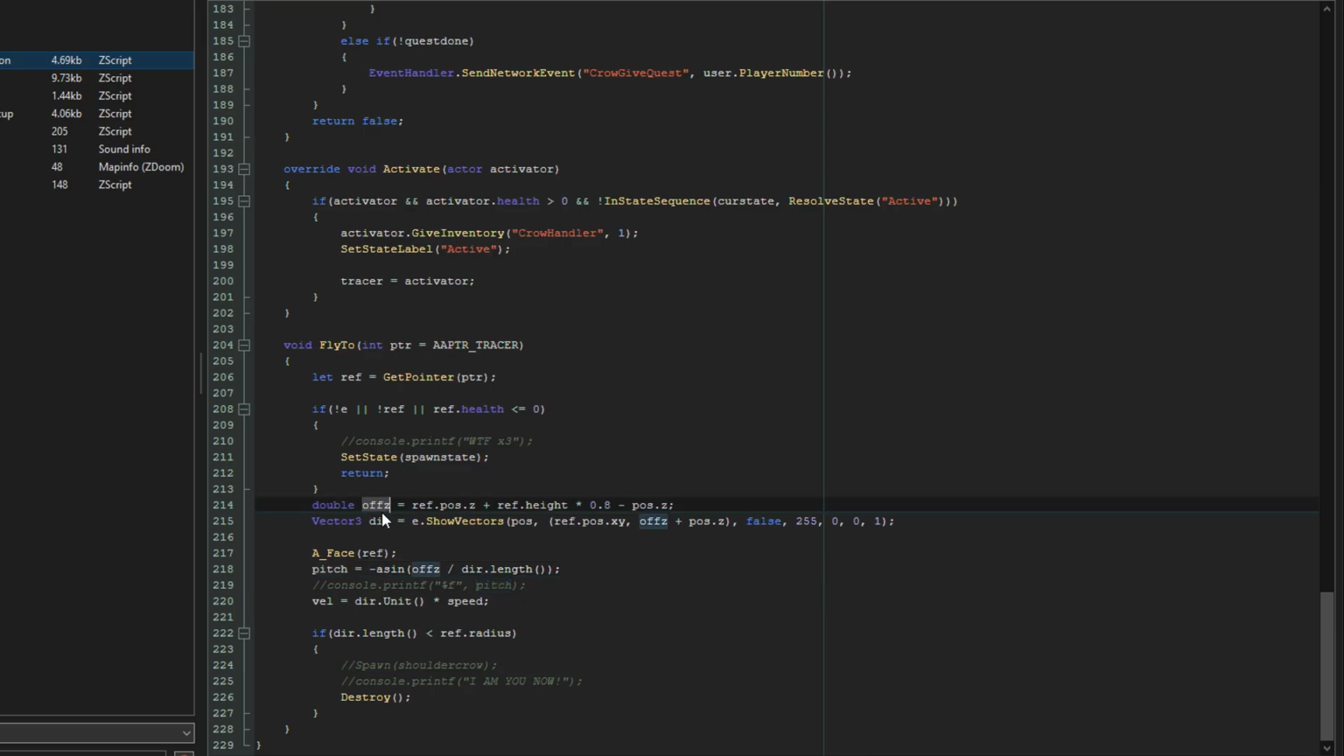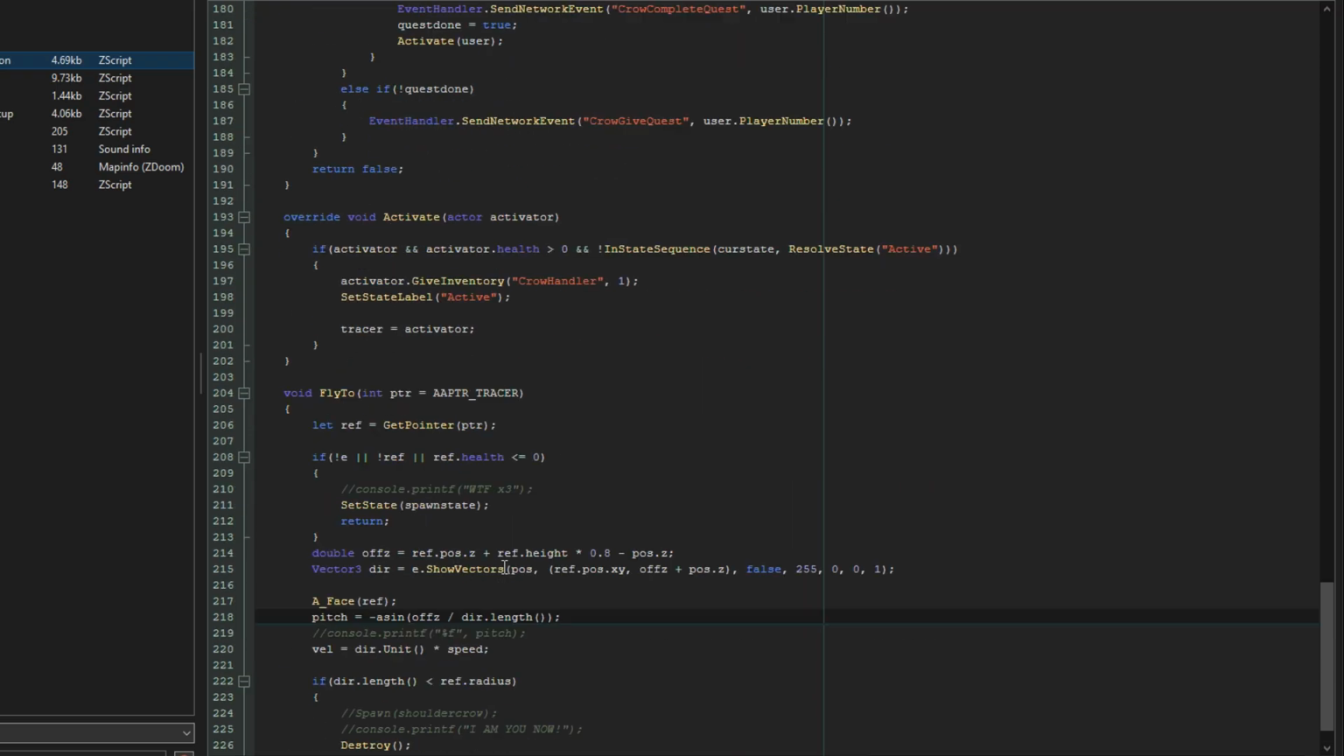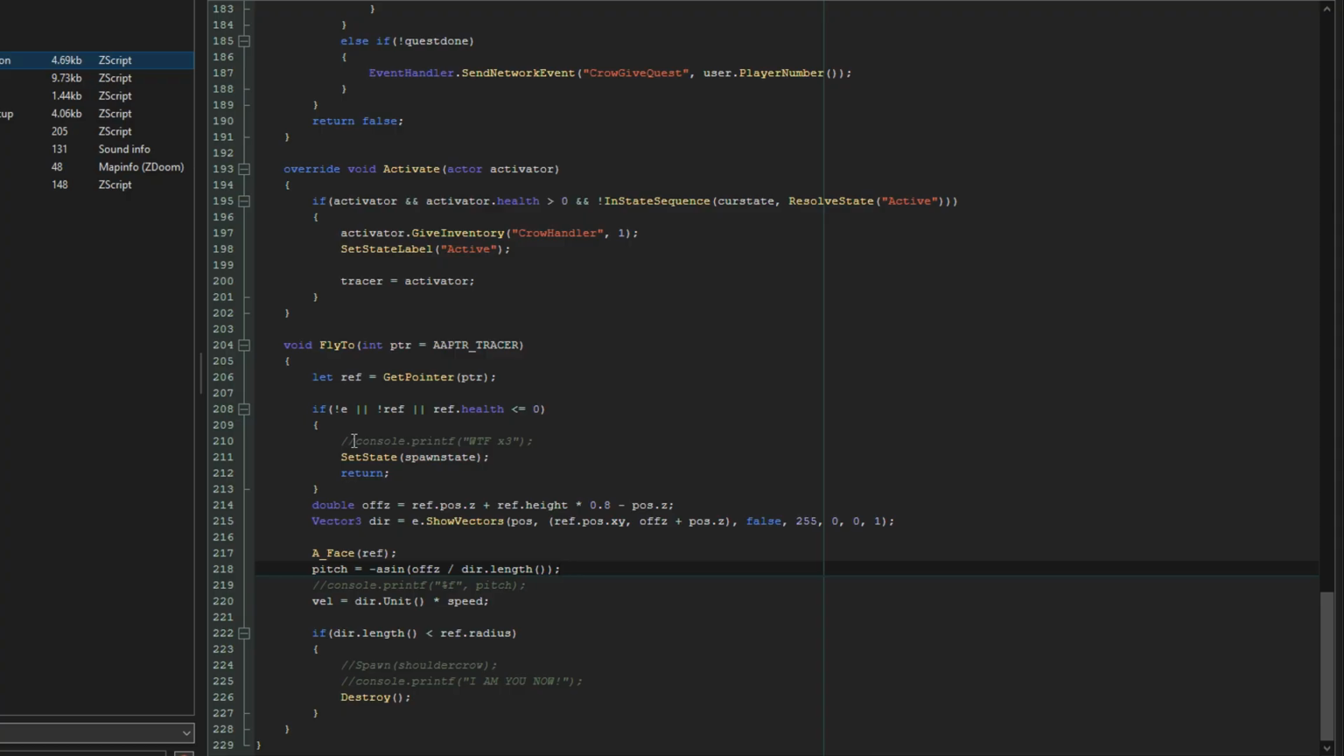So I firstly calculated this offset, which is, like I said, just the z component from the head of our tracer, because the Crow is aiming at that height, almost at the head of the thing that you're flying towards, minus the position of the Crow. Just to calculate that little length, and that's it. And I have nothing else to say. I think I did nothing else except, as you can see, I added some